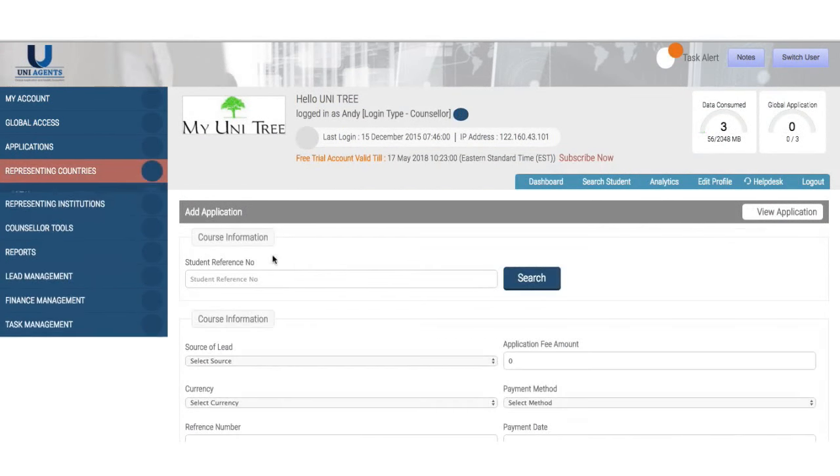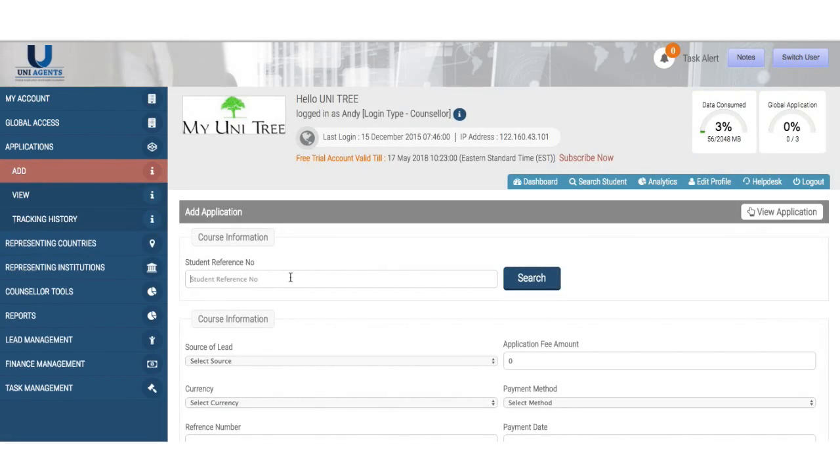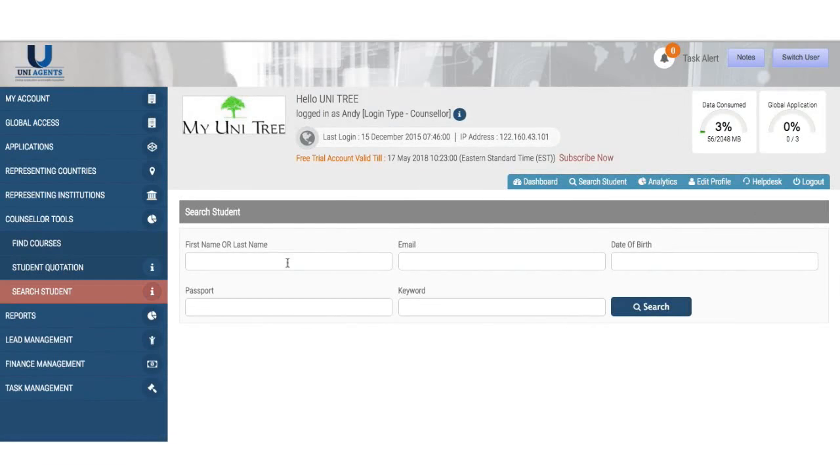Now students also have these numbers. They can check it from their email ID, but you can track it as well. Now you don't have to go to view application because you can only see your application, but the student is from another branch. Then in that case, you can go and search student first. So I'm going to open that in a new tab. You can search a student by the name